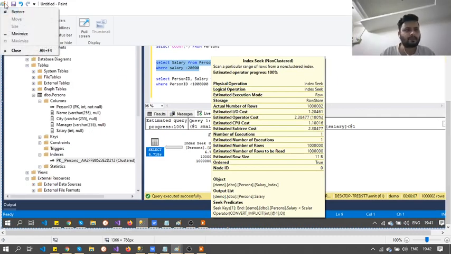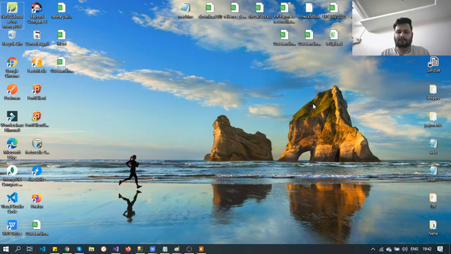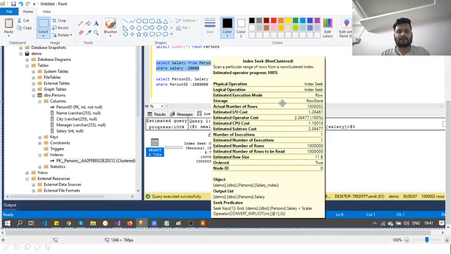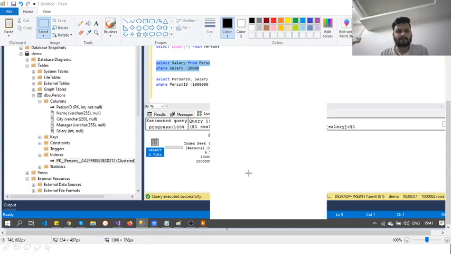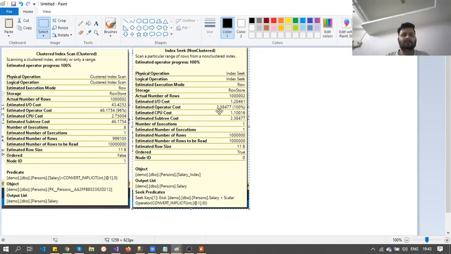So there is a tool, right? Yeah, so this is the output, and I'm taking this query plan output and pasting it here, right? So when I'm running the same query, before this, if you see, the rows I had read is 1 crore. Now I am reading only 10 lakh rows, right?